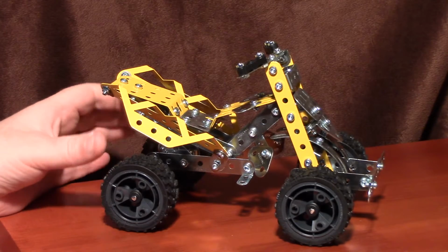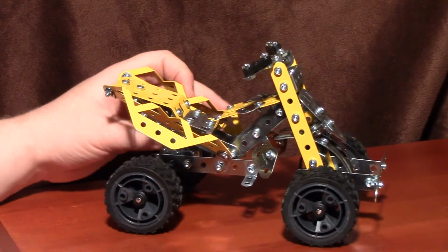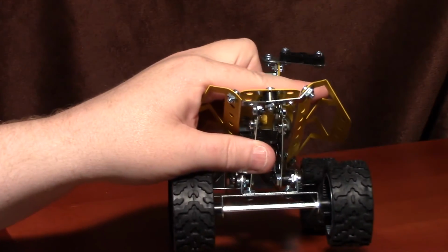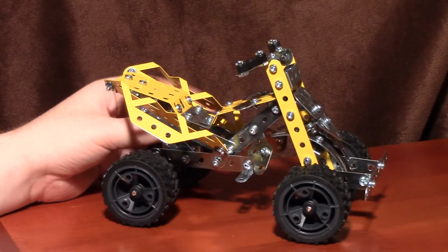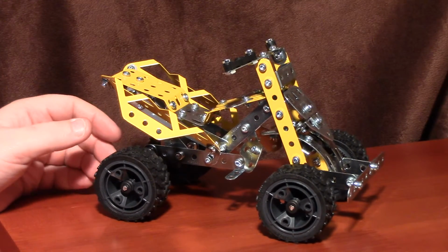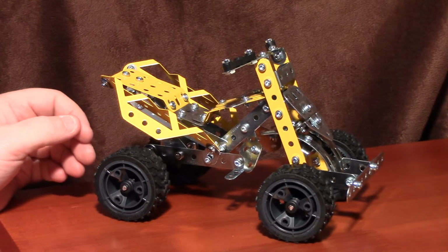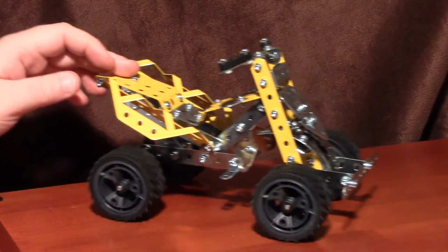As built, the rear axle stuck out quite a bit from the wheel, so I just added extra spacers in at the back. The large plastic spacer collar, whatever you want to call that. There's only one each side. I added two each side, and it's just right then, as you can see. Just got a little bit of axle sticking out, so the grommet ain't going to fall off. But as you can see, it goes forward and backwards. It's a nice